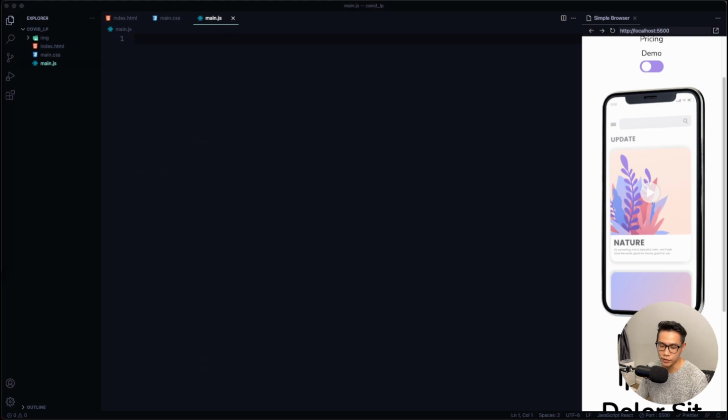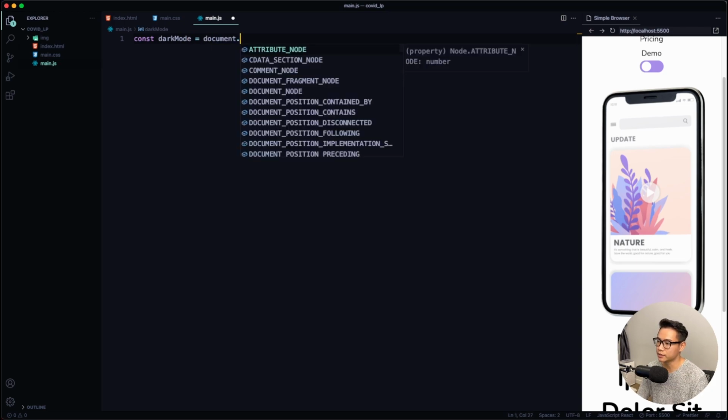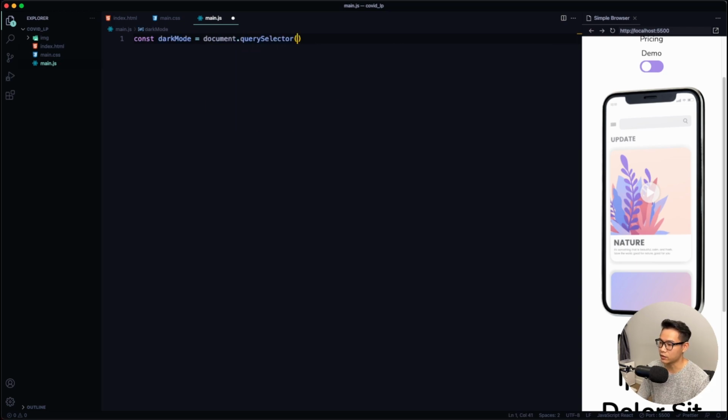So the next thing we want to do is use JavaScript to toggle our dark mode on. The first thing we want to do is target our toggle button. So let's say const and let's say darkMode. We want to say document.querySelector. And our button, we gave it an ID of switch. Now we want to add an event listener to the switch button. So let's say darkMode,